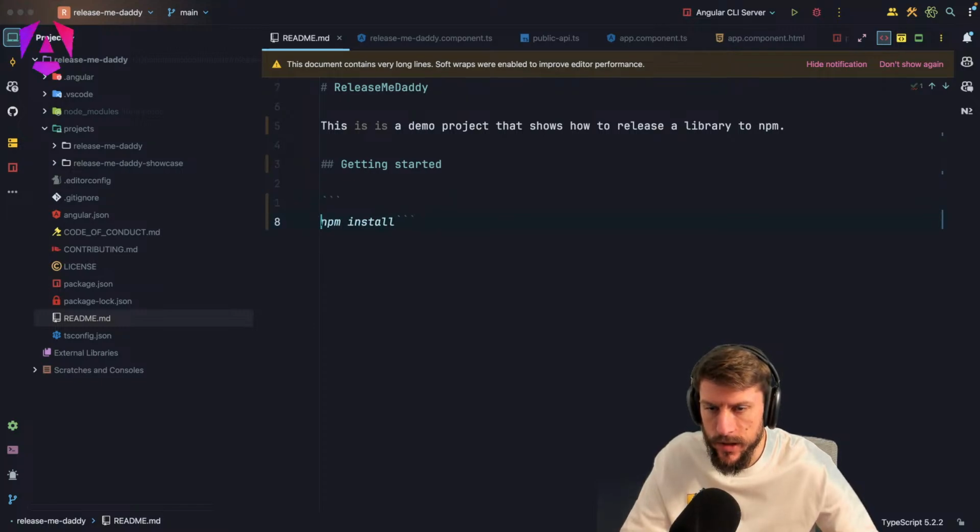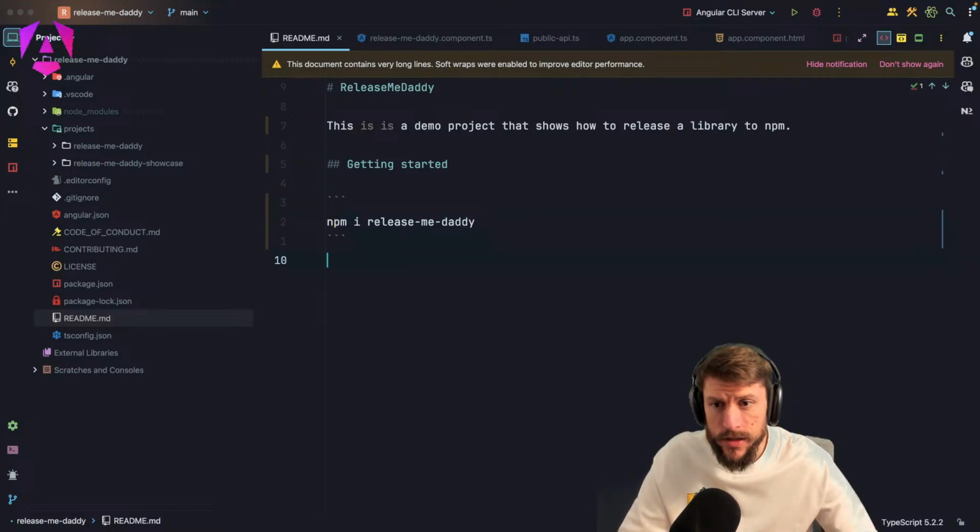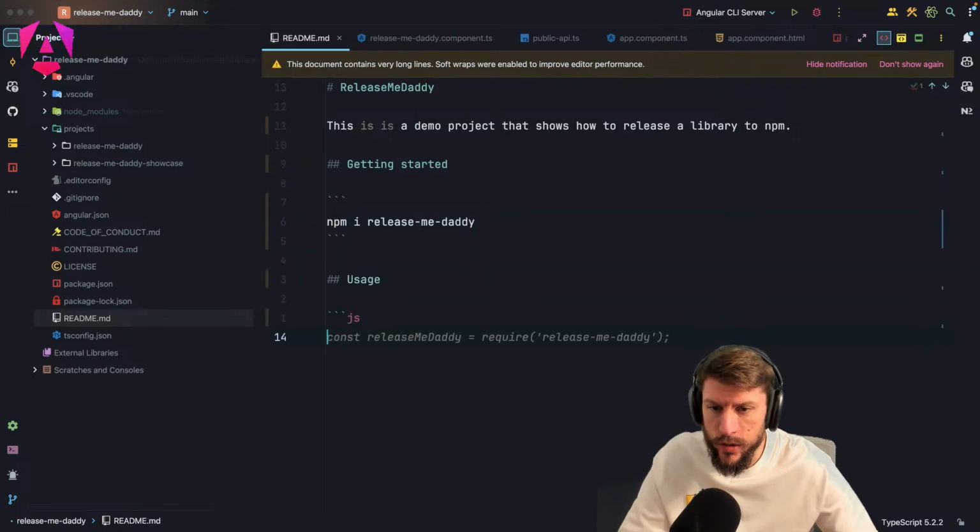Sometimes AI is a bit in my way. So npm e, and that's basically the name of the library, right? So you would install that, and then you usually go with usage, and that's then basically